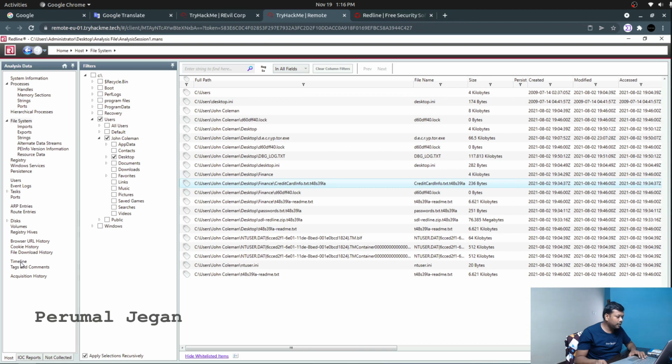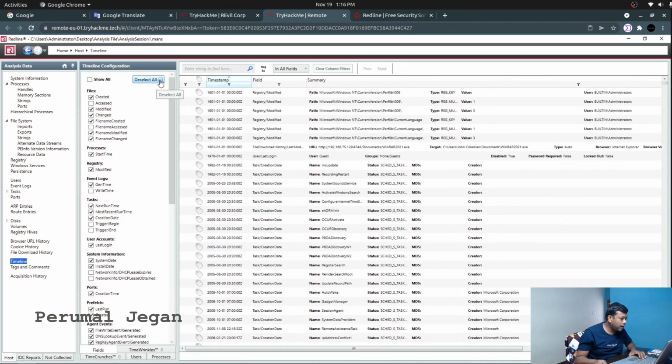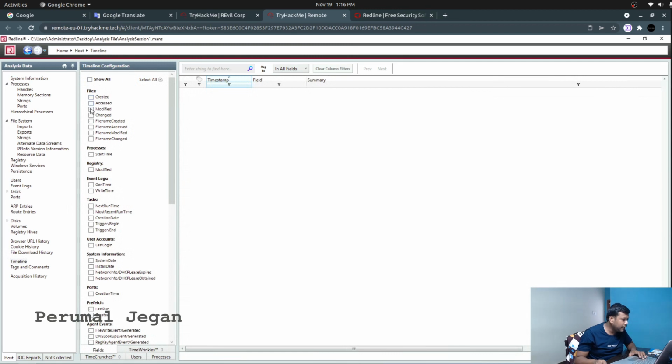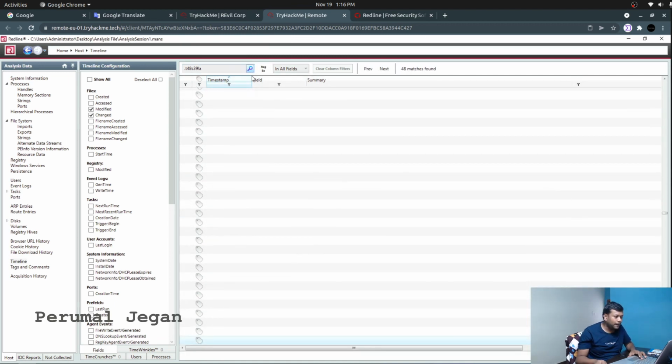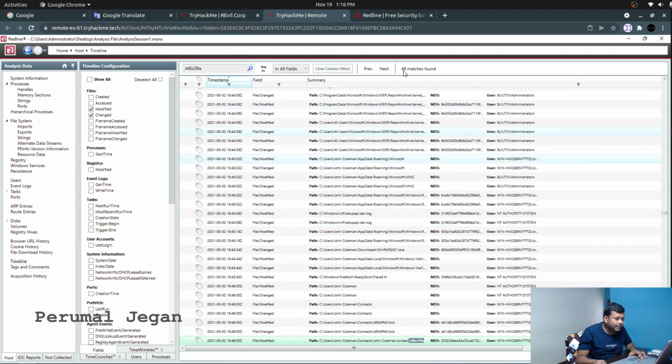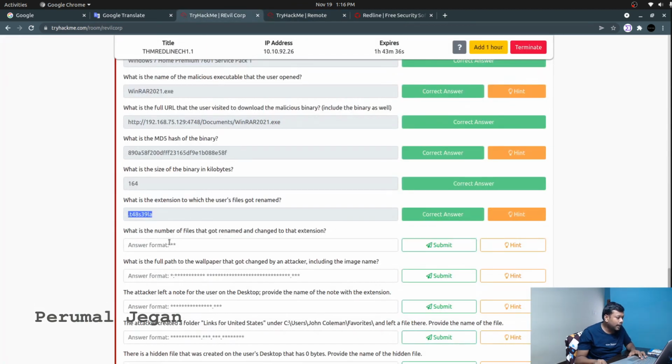This is the timeline tab, where I'm deselecting everything and selecting changed and modified alone. It will list the files that changed and modified in the system. There are more than lakhs of files modified, and we need the files with the extension T48S39LA. When we check for that, we can see 48 matches found, and that is our answer.